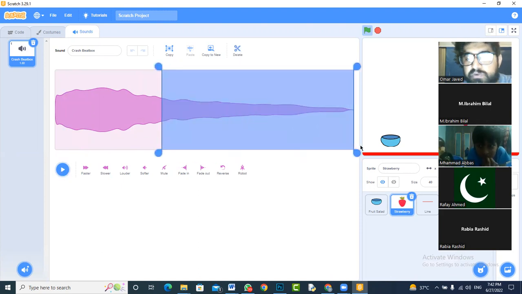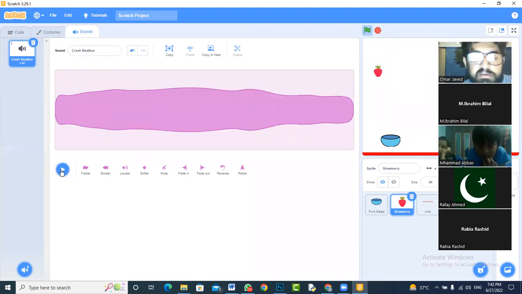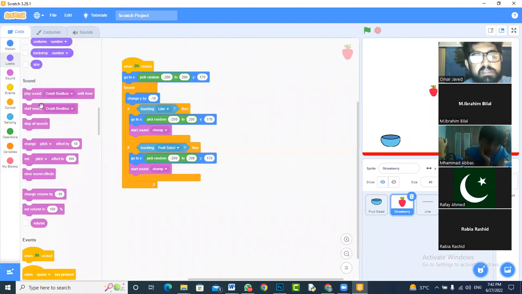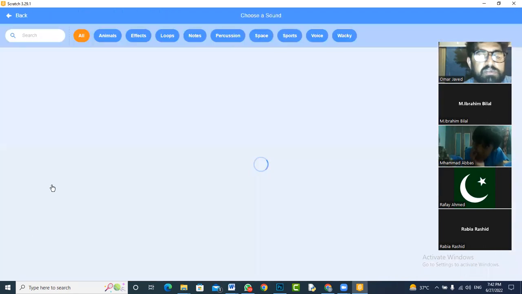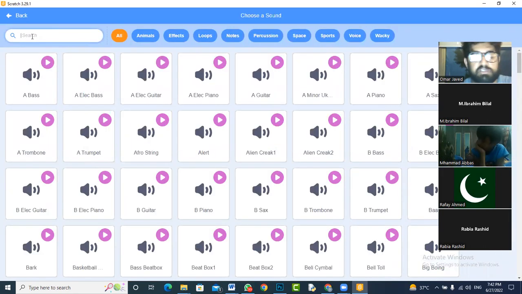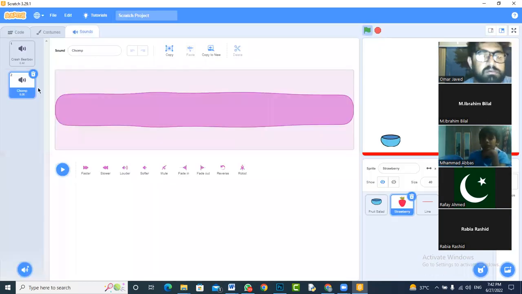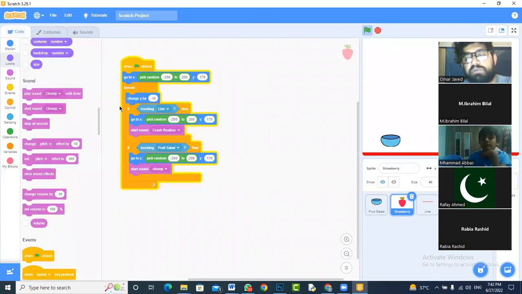तो हमें बहुत ज्यादा साउंड जरूरत नहीं है, हम इसको डिलीट कर लेते हैं। That is enough. और अभी हम ये क्या करते हैं कि कॉस्ट्यूम्स पे कोड पे जाते हैं और यहाँ पर जहाँ पर हमने चॉम्प साउंड यूज किया था, इंस्टेड यूज क्रैश बीट बॉक्स, और यहाँ पर हम चॉम्प ही यूज करते हैं। लेकिन अभी आप देखेंगे कि आपको चॉम्प साउंड आ नहीं रहा है, तो उसके लिए you need to go to sounds, add a new sound and add the chomp sound. अब आपके पास ये दोनों साउंड्स आ रहे हैं।